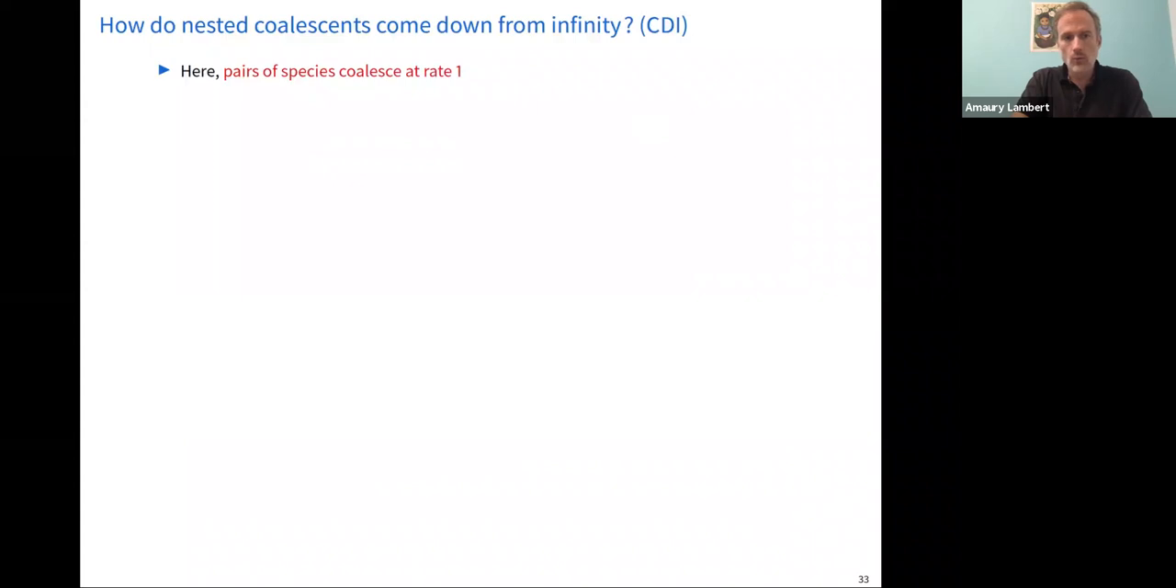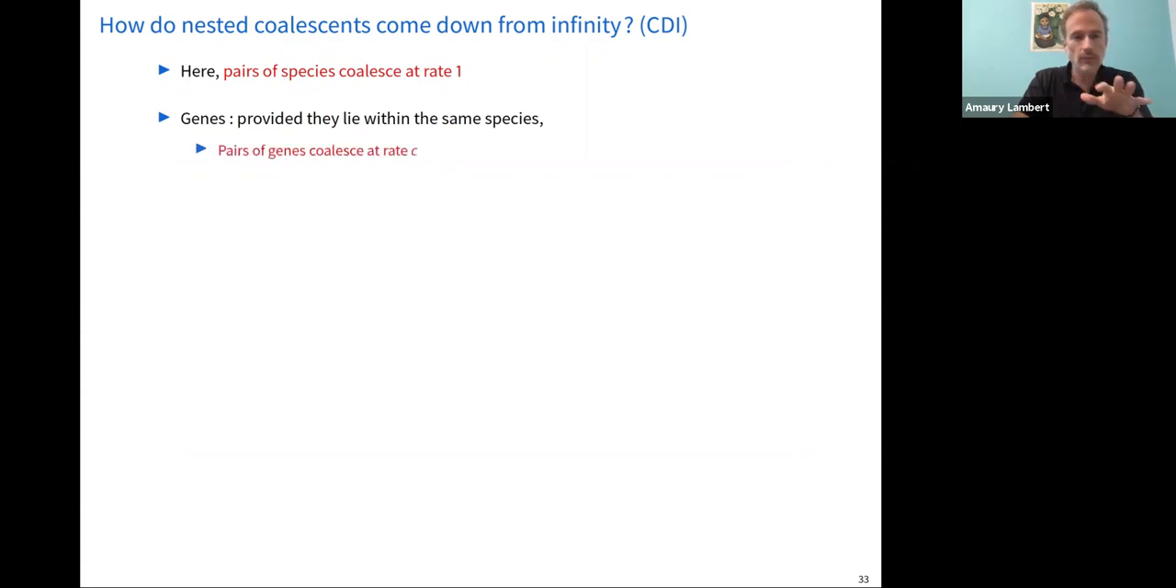So the class of models that we will consider here is, let's say, lambda in Kingman. So the species tree is a Kingman coalescent, and the genes undergo lambda coalescence, right? So they're more simple than the nested coalescent that I showed during the first theorem. So you have genes coalescing at rate c, provided they're in the same species, or merging according to a lambda